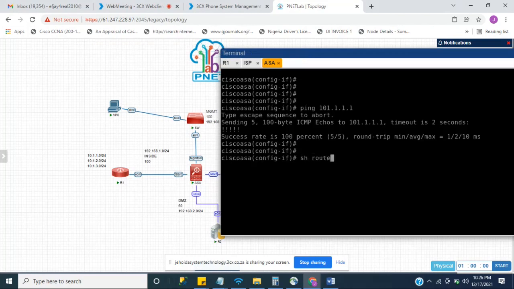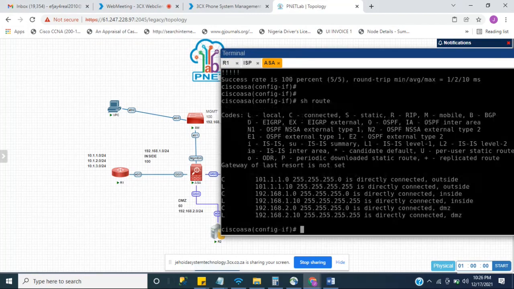we'll be able to ping the ISP router 101.1.1.1. So you see, now what this says is that the ASA knows how to reach here, and knows how to reach here. So let's do show route to confirm all the statements. And see that these are the